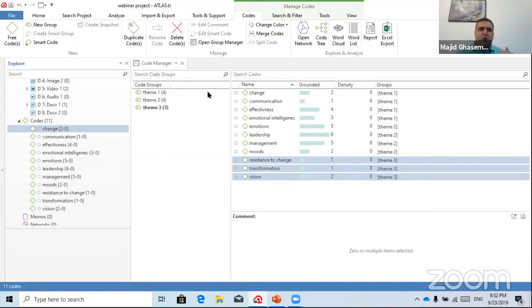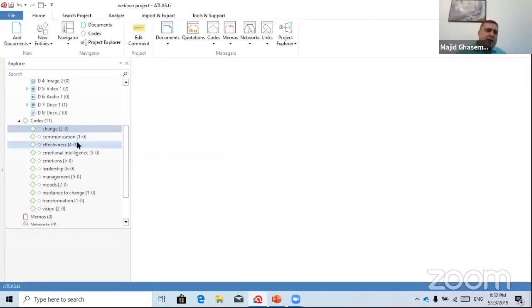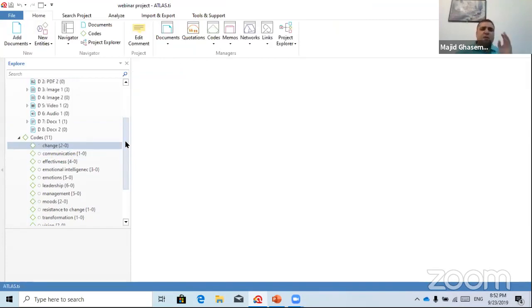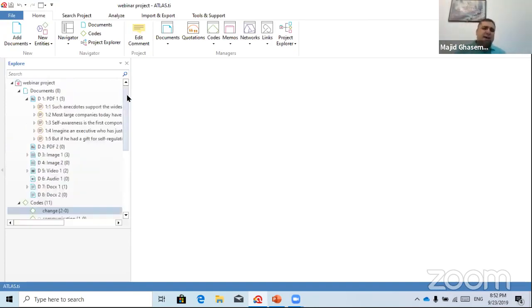creating some networks. So I just close here, and so far we managed to create codes. We managed to do document organization. We managed to create quotations, and we managed to create codes using different approaches. And also we created a few themes, and the themes are simply the code groups. And based on some evidence, you have to group these codes to create your themes. Now let's create a